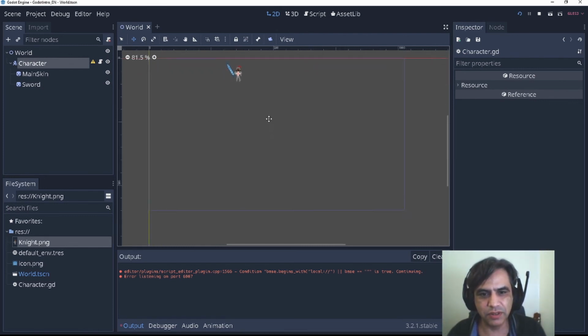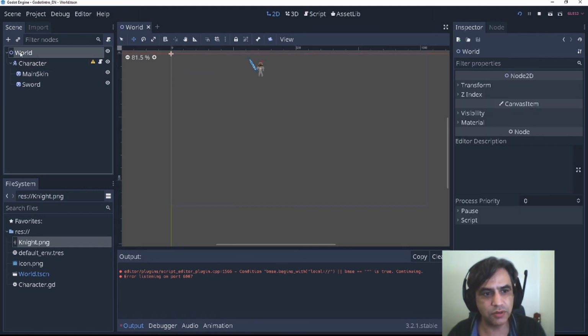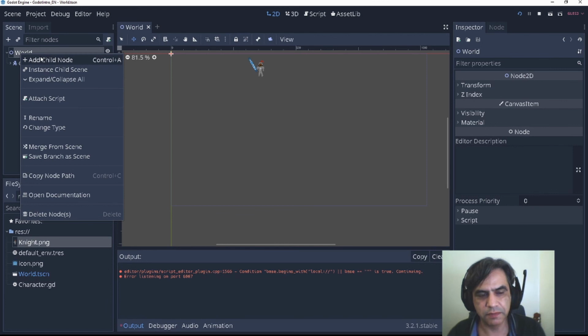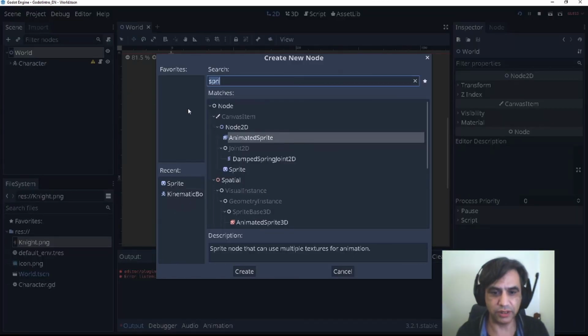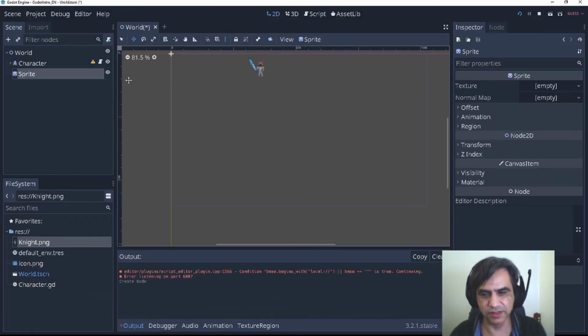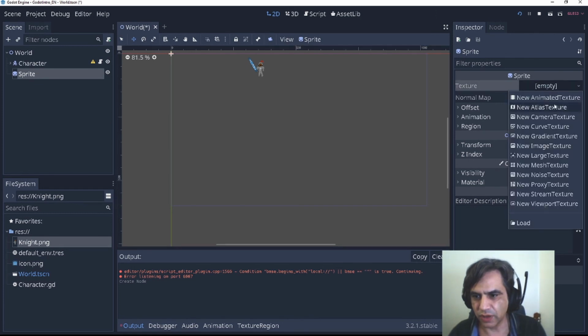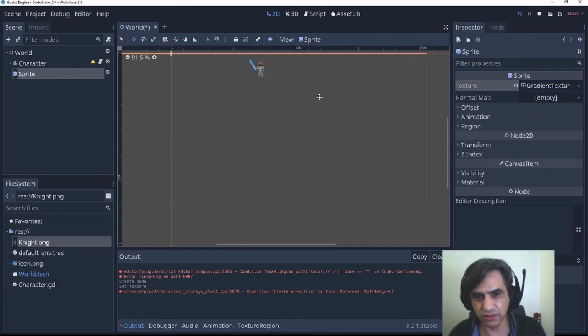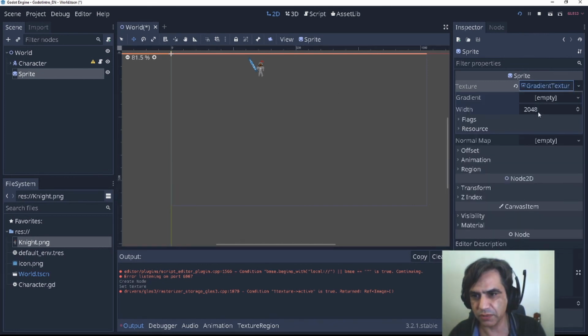So we need something to fall into. Let's create a floor here. I'm going to add a child, a sprite. I'm going to start with the sprite only to explain that a sprite doesn't work like that. It is something only that you see. I'm going to select one that is a gradient texture. I think it's the easiest way to create something for the ground.